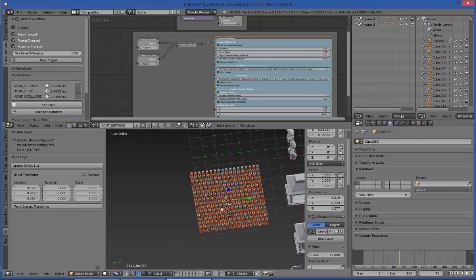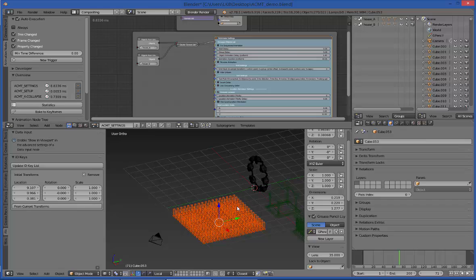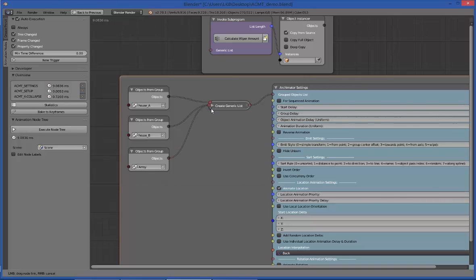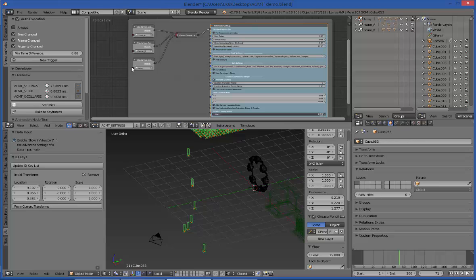Now maybe let's group them together. We created a new group, call it array. Okay, and then we can add the array group into the list, which means we also